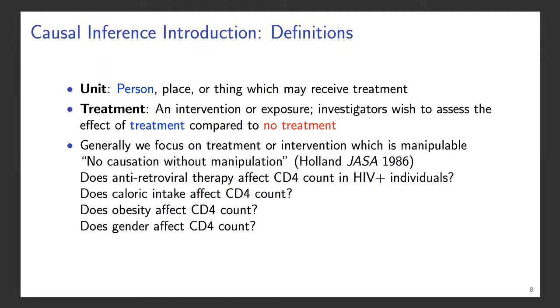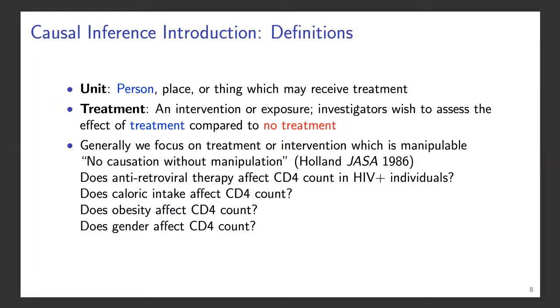Basically this says, if you think you have a causal question, then the exposure or treatment that you're thinking about ought to be something that we can envisage that one can manipulate. In other words, even if you have an observational study, you should be able to describe the randomized trial that you would have liked to have done,